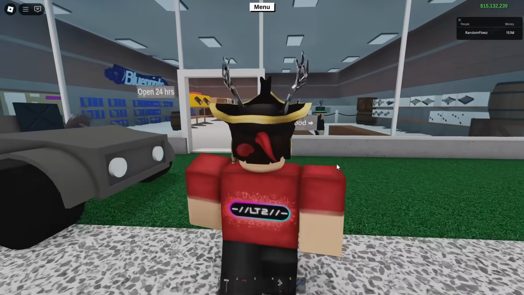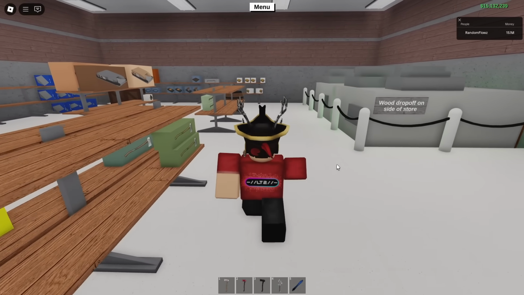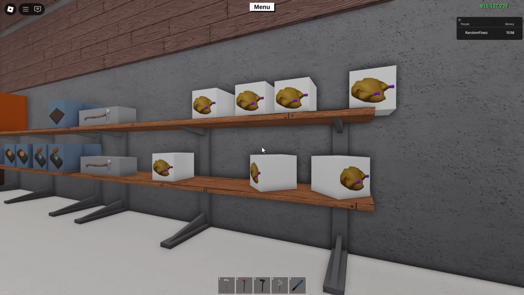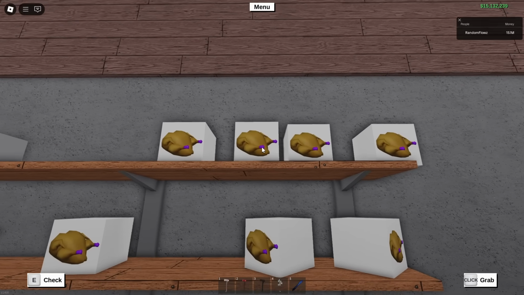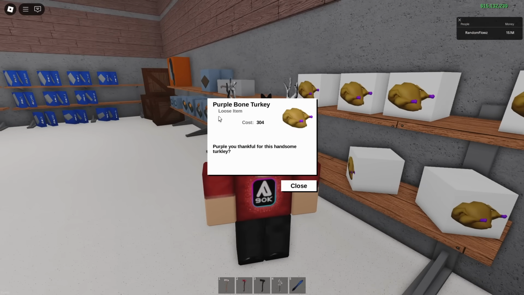So starting off, we have the purple bone turkey, which is at the back of What Are Us. And this is the same as all of the turkeys that we've had for previous years. It's just a regular turkey like we get every year, but with a different bone color as always. So if you check this, you can see that it is a purple bone turkey. It will cost you 304 lumber bucks, and the description is "Purple you thankful for this handsome turkey," which doesn't